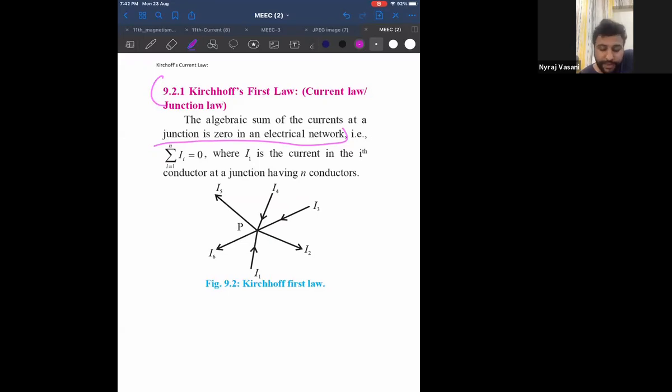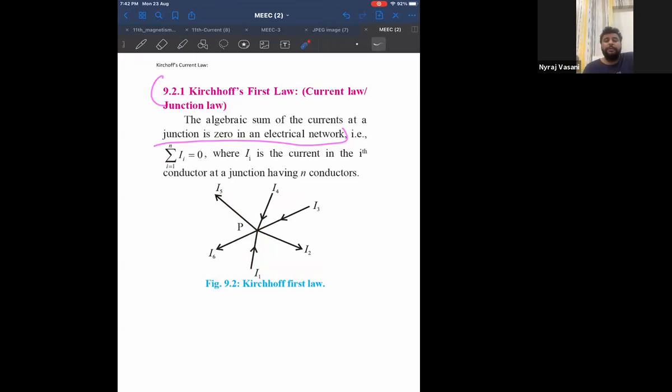The algebraic sum of all the currents at a junction is 0. Now listen to this carefully. This law deals with the junction. Current coming to the junction, by default, I will take as positive. And current leaving the junction, I will take as negative. By default, current entering the junction is positive and current leaving the junction is